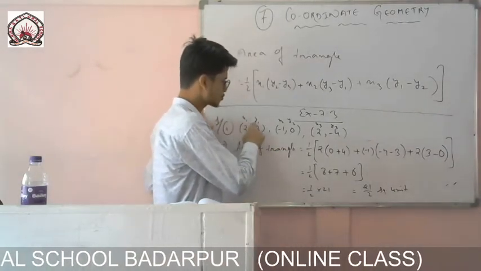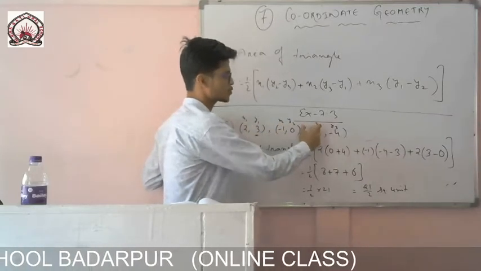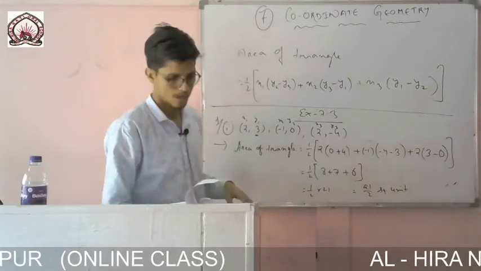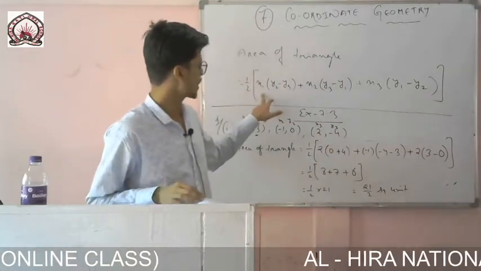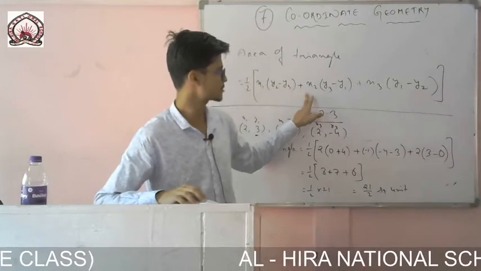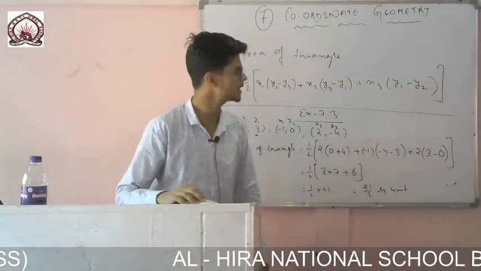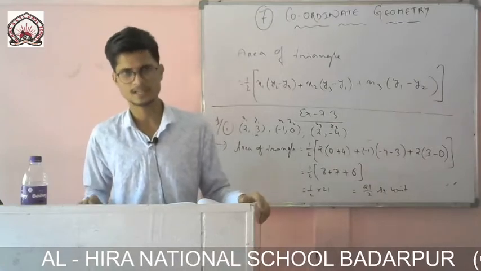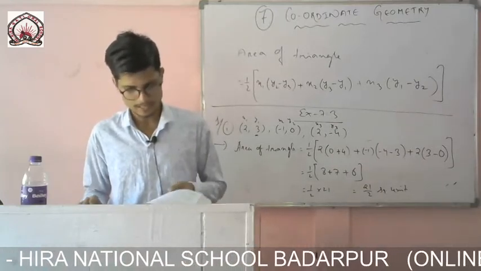So now let me relate the things again. You see here, this one is x1, this one y1, this one x2, this one y2, this one x3, this one y3. I have just used the formula here. Okay. So the formula is x1, y2 minus y3 plus x2, y3 minus y1 plus x3, y1 minus y2. So Roman number 2 is the same, you practice it. Okay. You will get the answer.